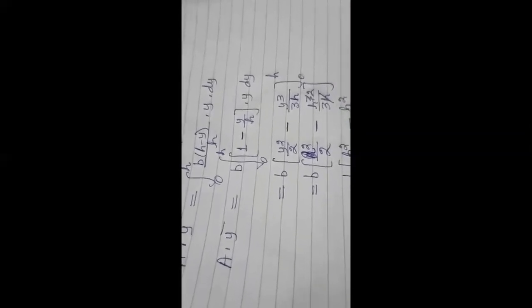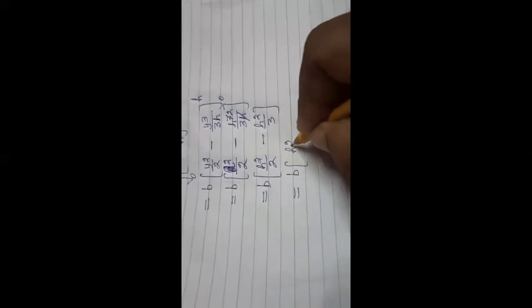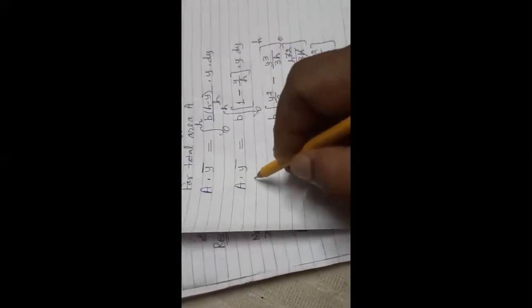So b into h square by 2, and from this h here 2, so minus h square by 3. So this is equal to b into h square by 6, and from here